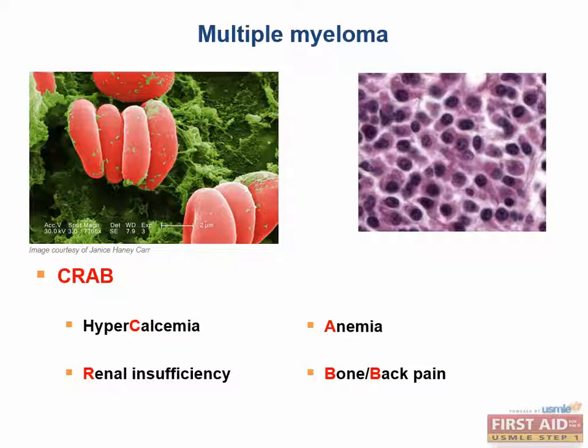Other interesting features of multiple myeloma include a peripheral smear, which usually shows rouleau formation. Rouleau formation literally looks like RBCs stacked up in a poker chip formation. With all of these proteins causing the RBCs to stick to one another, as we see in this photo, is there another lab test that we've talked about previously that would be abnormal in this patient? Well, RBCs sticking to one another is the definition of how we increase our ESR, so the ESR would be